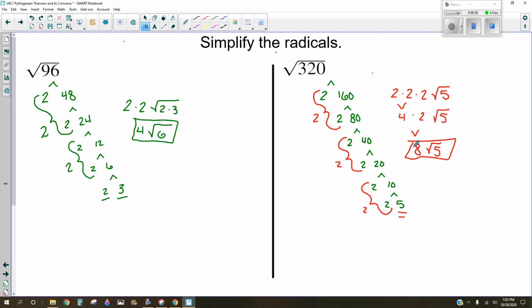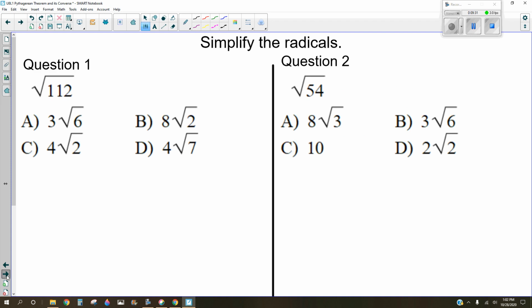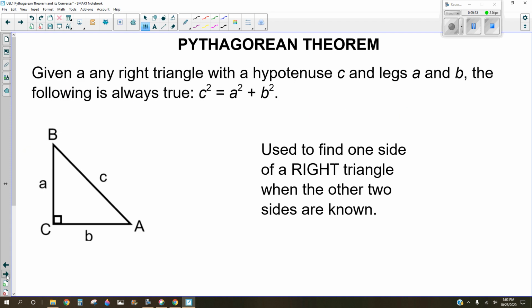Okay? All right, so I think you're getting the hang of that. So let's skip straight over to some Pythagorean theorem, okay? Here's where you're going to really want to write stuff down, okay? So Pythagorean theorem, there's a lot going on here, all right? First of all,